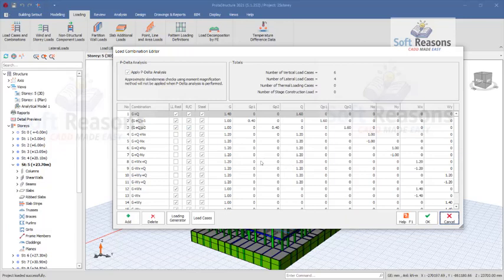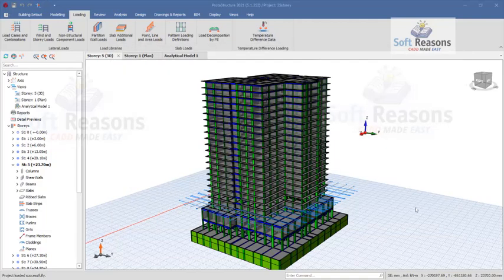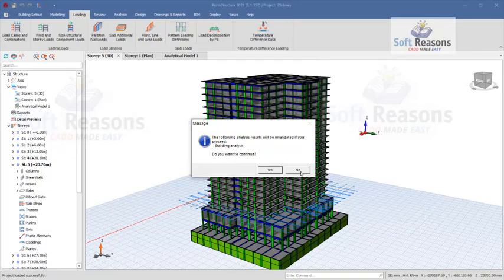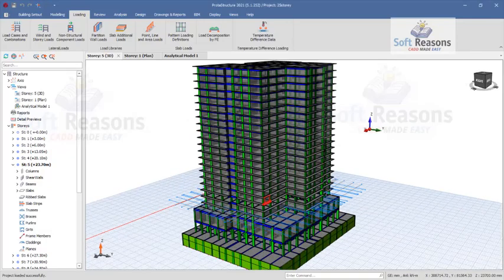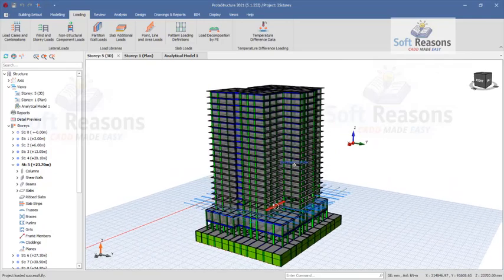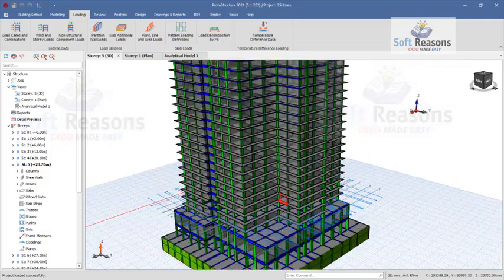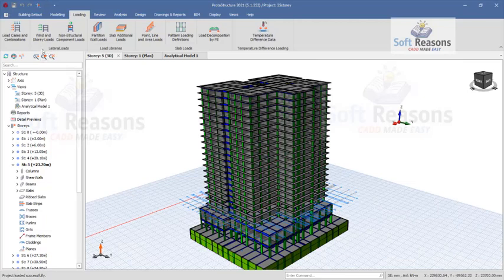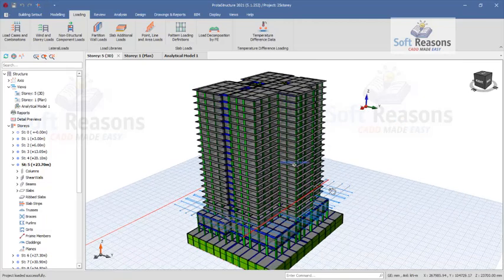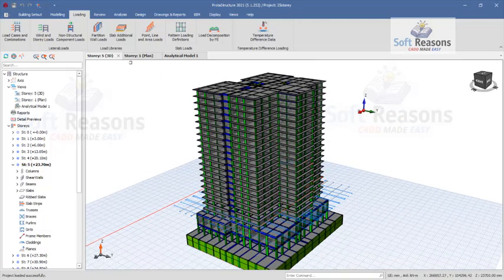This student was in that course, and then he proceeded to take a live session on how to actually model, analyze, and design 26 floors, which he did, and here is the project that he has worked on. Having activated the P-Delta analysis, if I navigate to story one, the plan view